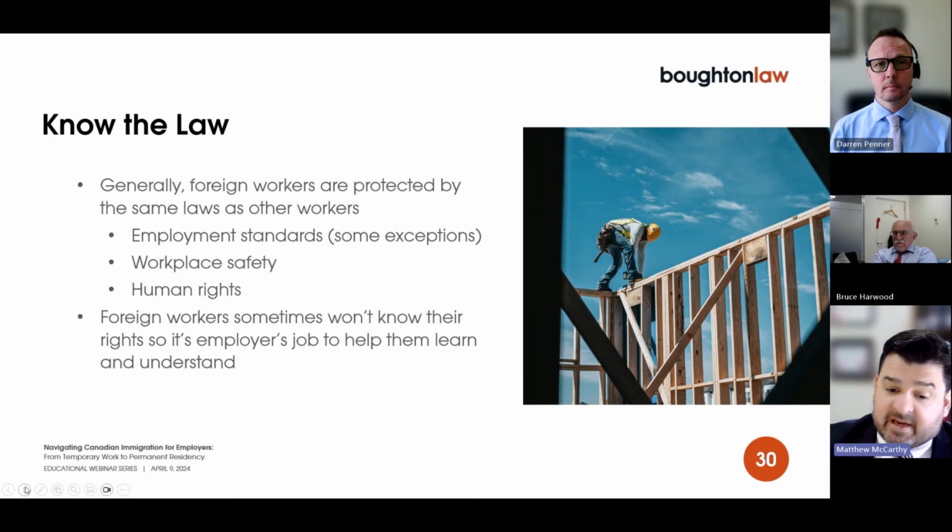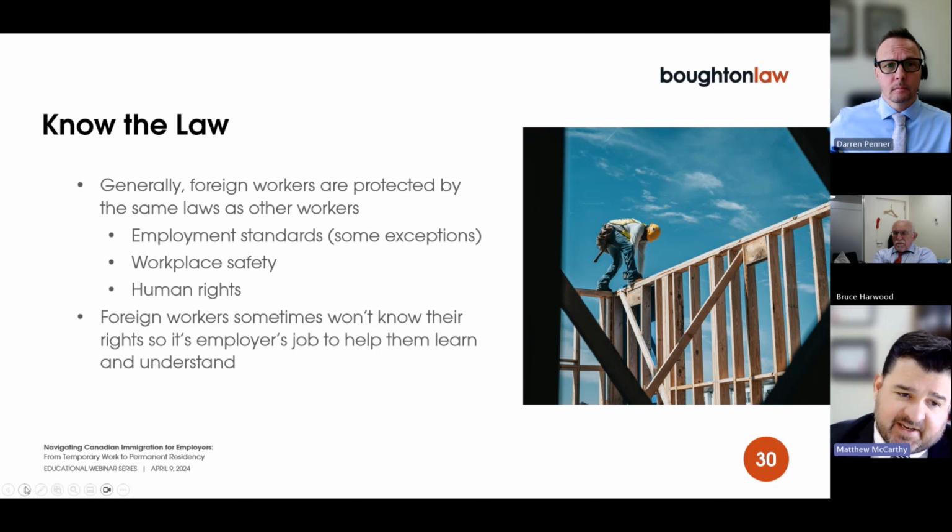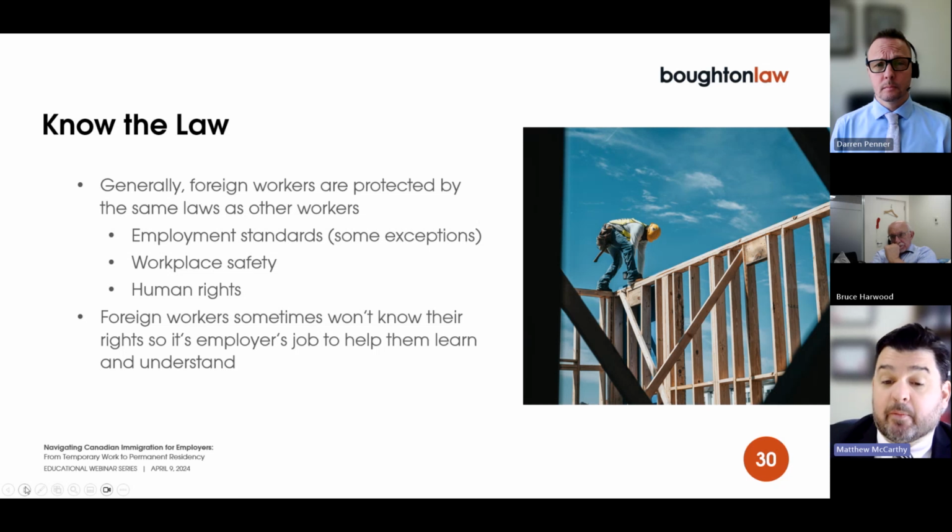Foreign workers, in some cases, may not know their rights or know their obligations under the law. And they may also not know what questions to ask. So it's incumbent on employers to help them learn and understand at least the basics. First of all, it's the right thing to do, I think, from an ethical standpoint, but more importantly, from our perspective, it's also the legally responsible thing to do because, next slide,